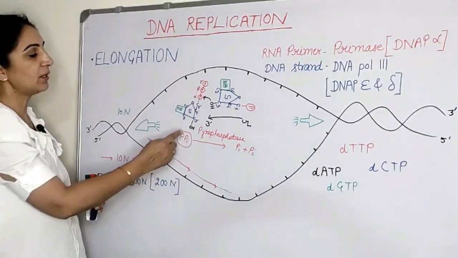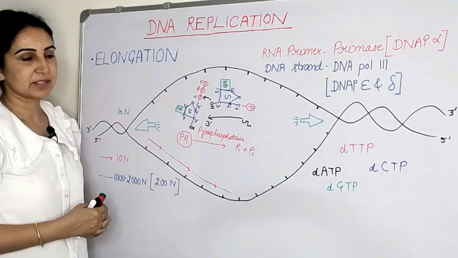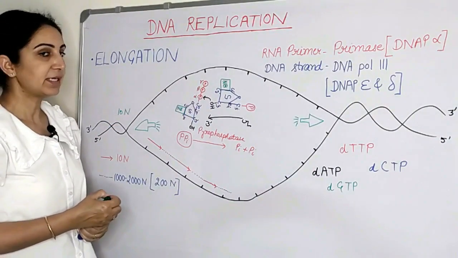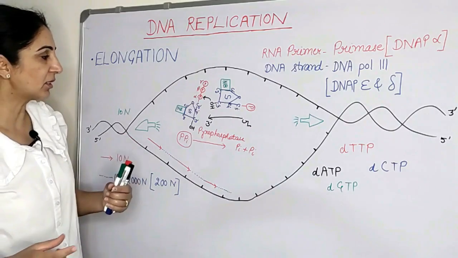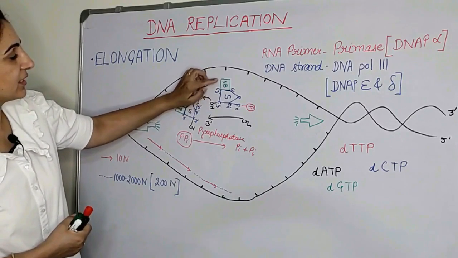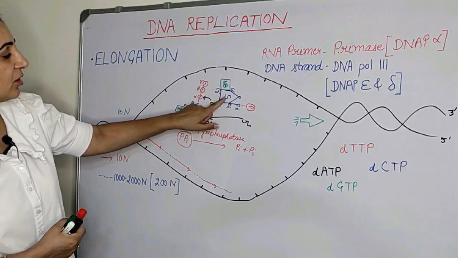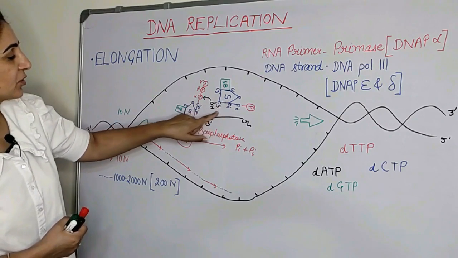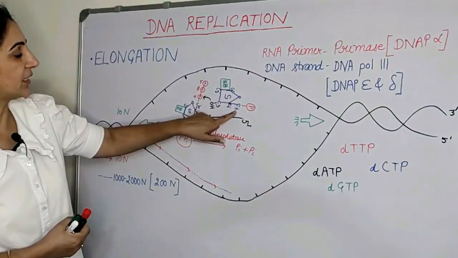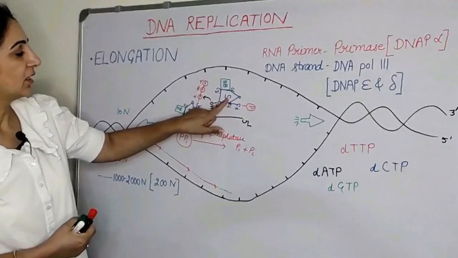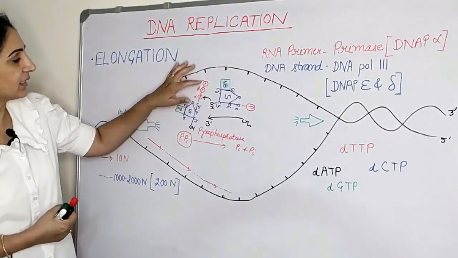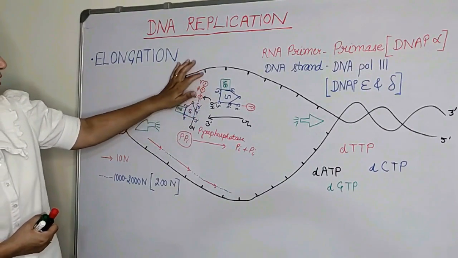So first let's see how two nucleotides are bonded to each other in DNA molecule formation, or the DNA long chain formation. Suppose this is one nucleotide, this is the nitrogenous base, this is deoxyribose sugar which has the OH group at carbon number 3, this is the phosphate group which is attached to carbon number 5 of the pentose sugar. So this is one nucleotide, and these are the other nucleotides which are present as raw material.